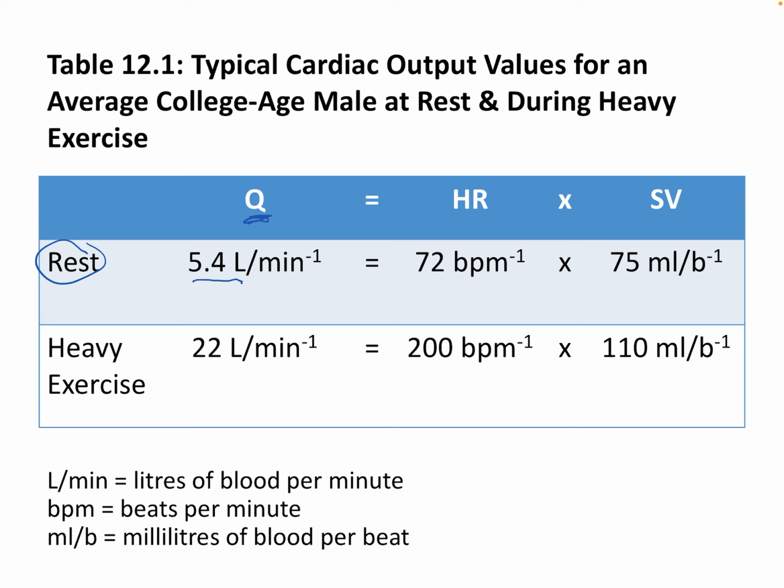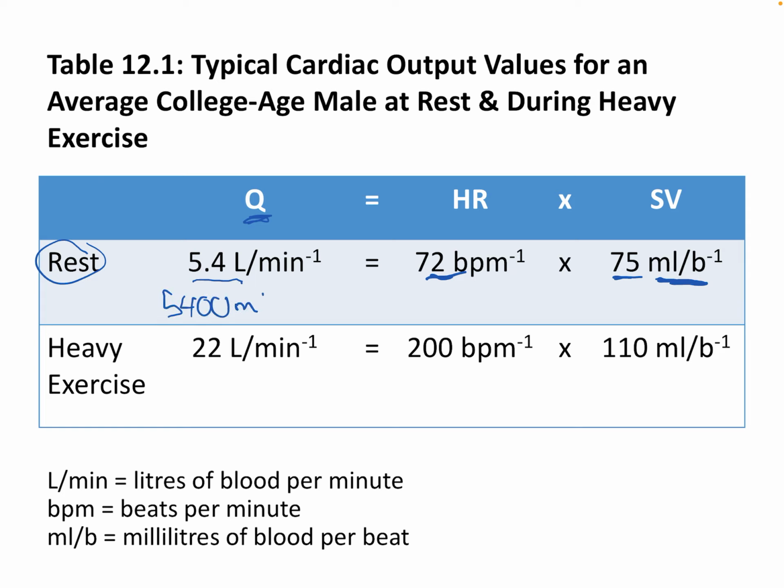If you're a smaller individual, you're going to have less blood. If it's a larger individual, you're going to have a bit more. If you're a very highly trained endurance athlete, a bit more than that as well. But generally around 5 liters per minute, give or take a bit. Our heart rate at rest is 72 beats per minute. And then next we'll look at our stroke volume, and it's measured in milliliters per beat, and it's around 75 milliliters per beat. So if we take our 72 times 75, we get